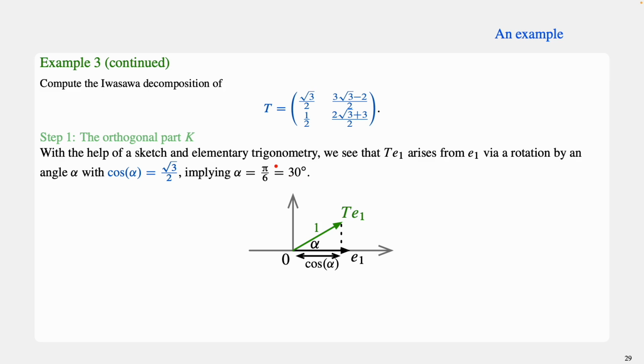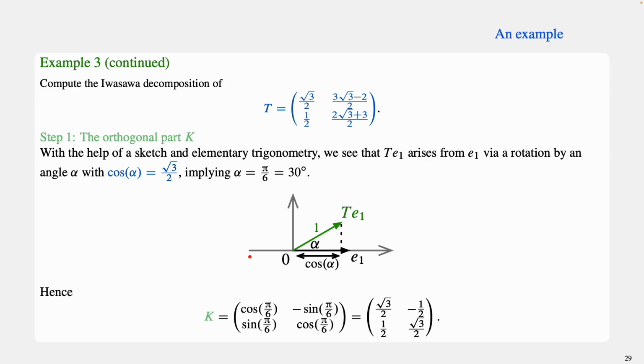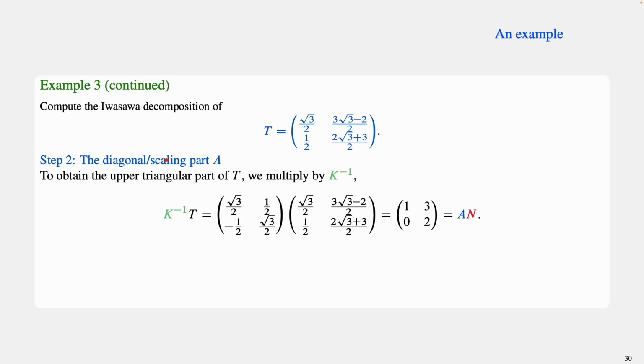So we find that K is in fact a 30-degree or a pi over 6 rotation. So it's this rotation matrix here. And if we evaluate these expressions, then we find that K is the matrix with columns square root 3 by 2, 1 divided by 2, minus 1 divided by 2, square root 3 divided by 2. So we found our orthogonal part, and now let's move on to find the diagonal or the scaling part of